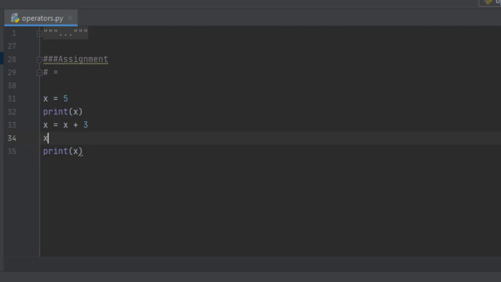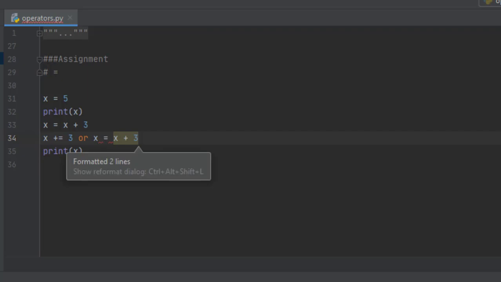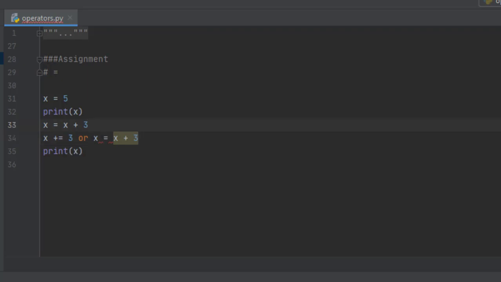So in the same way, I can even do like this. Even this is the same, simply like this or this, both are same. They're not different. Why are they not different? This is the short form of x is equal to x plus 3. X plus equal to 3 is nothing but x is equal to x plus 3.